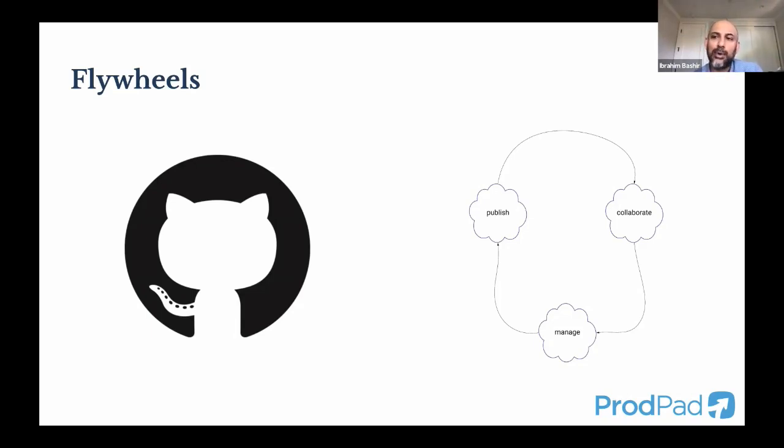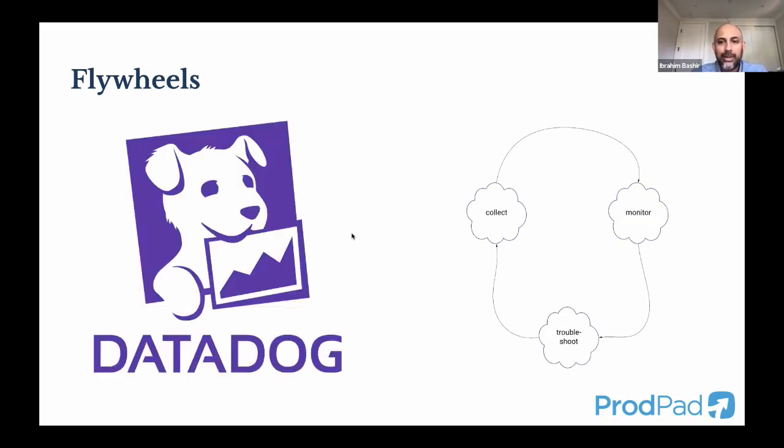And so I think collaboration just comes into the mix. And so you'll see that more and more in a lot of flywheels, or a lot of flywheels have a collaboration element. But let's look at another example. So I picked Datadog. If you guys are on an engineering team or have an engineering team that monitors the health of your service, something like Datadog is probably part of your stack, what they tend to call an application monitoring service. What does Datadog do?